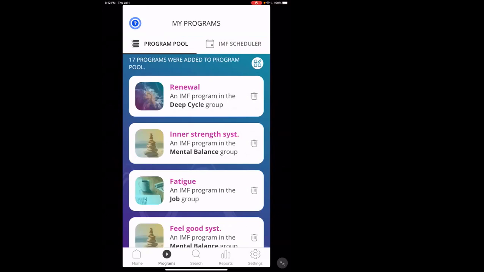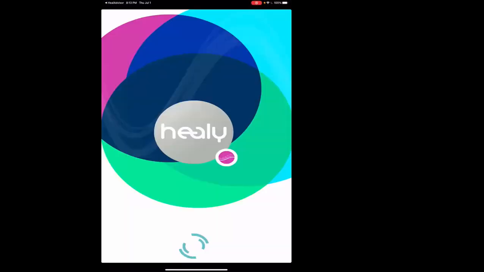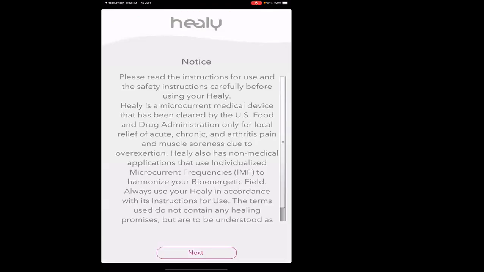So I go 17 programs to be added to the program pool. When I touch that, it automatically kicks off and starts up my Pink Dot app.